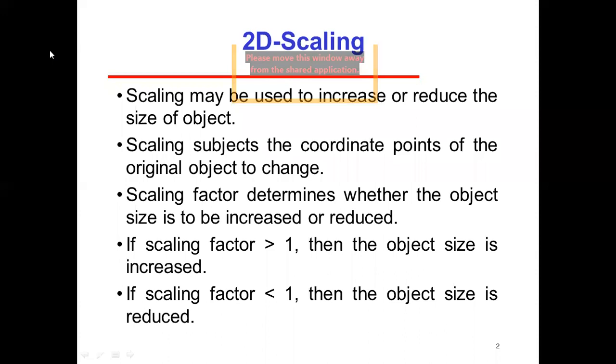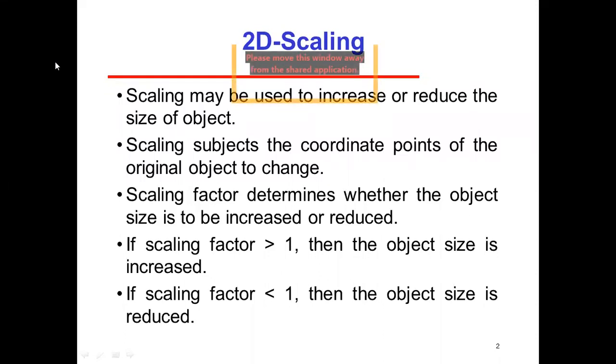So we have to use some sort of lens or glasses to enhance the size of the object. Or now we have mobiles, so we can take photographs and increase the size, taking the photograph from a much closer position so that we can read the text easily. In this case we are using the scaling transformation. So we can enhance the size of the object or reduce it as per requirement. Scaling may be used to increase or reduce the size of an object.